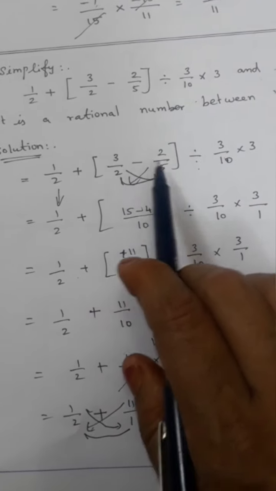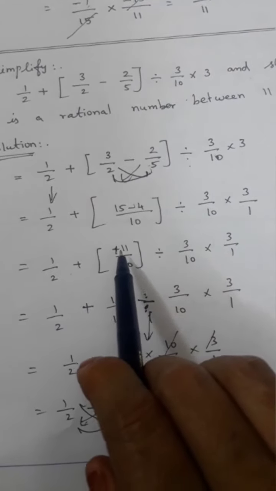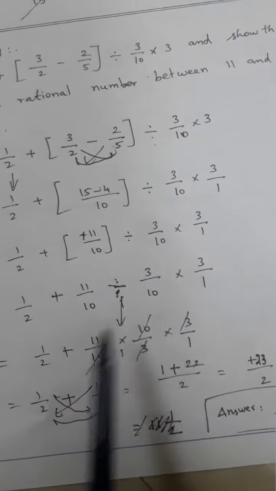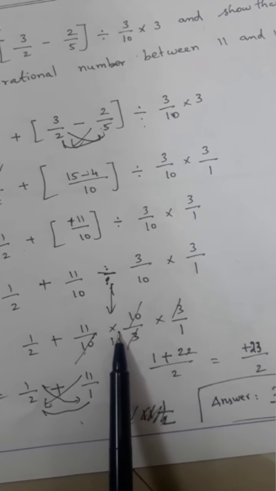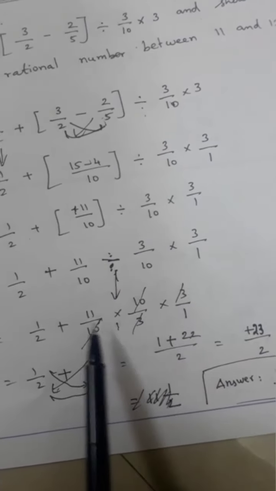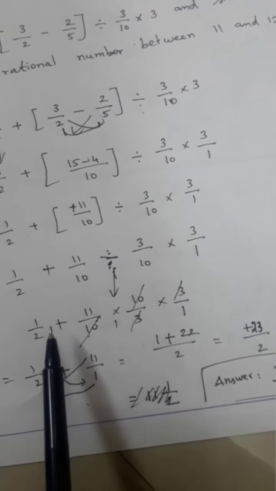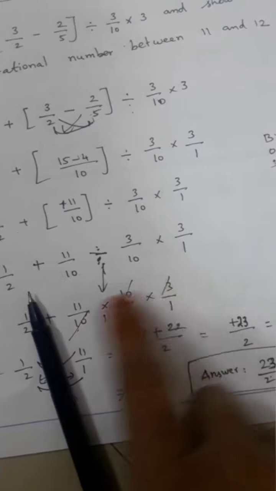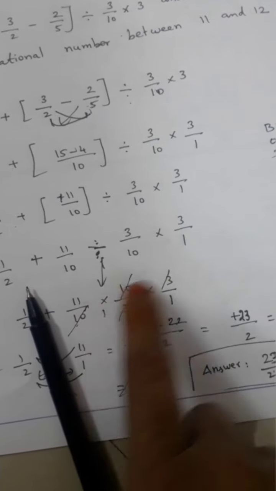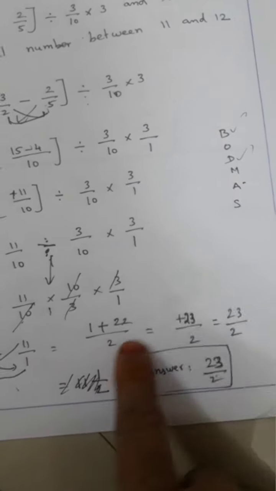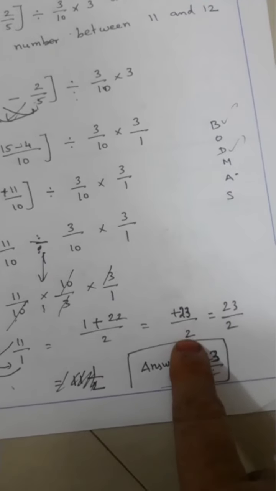See, 1 minute. First bracket work, do cross multiplication, the answer is 11 by 10. Next step, remove the bracket and write. Next step, division changes into multiplication. One number only changes, should not change the next number. 10 10 cancel, 3 3 also cancel. 1 by 2, do not do that. Here finish the multiplication work first. 11 by 1. Now for the plus symbol, take the LCM, do cross multiplication, get the answer 23 divided by 2.